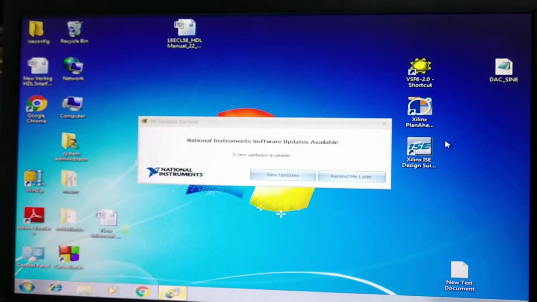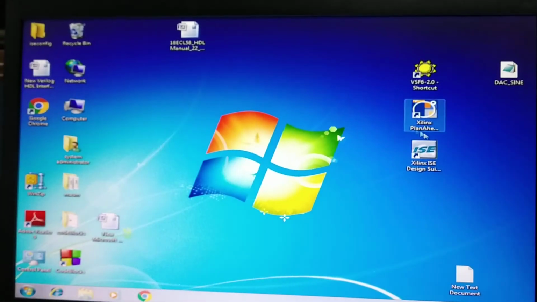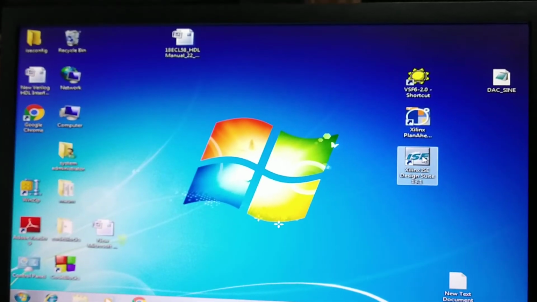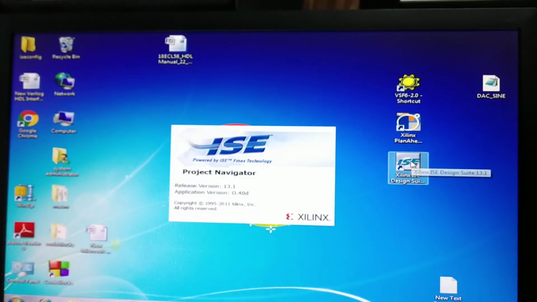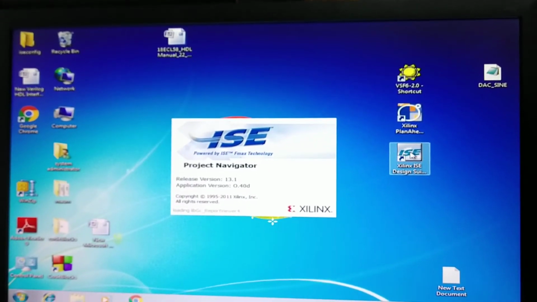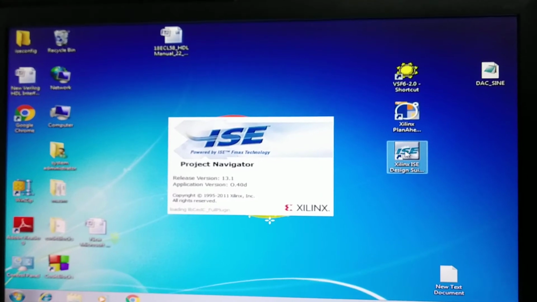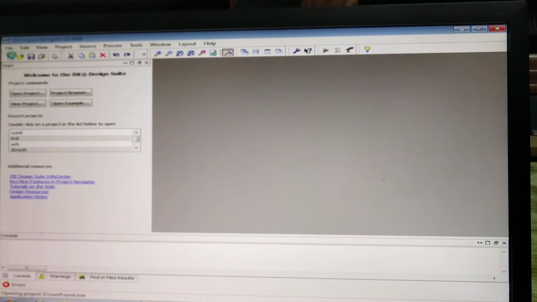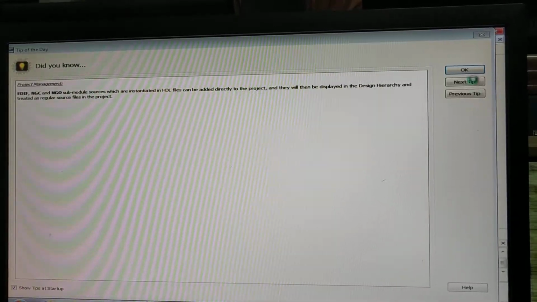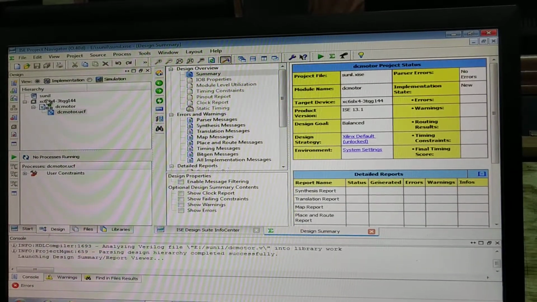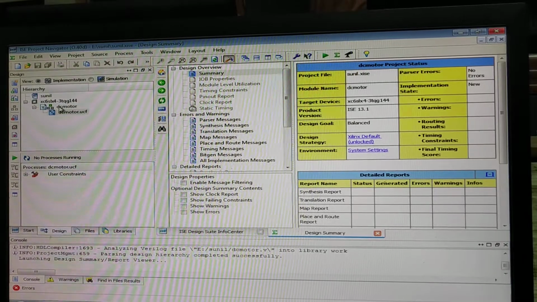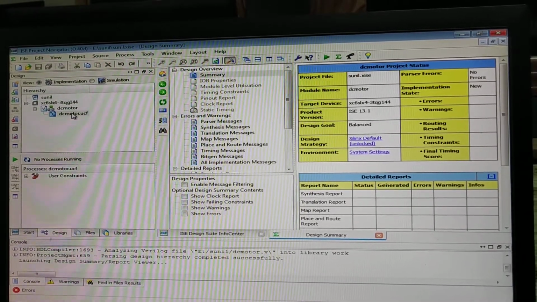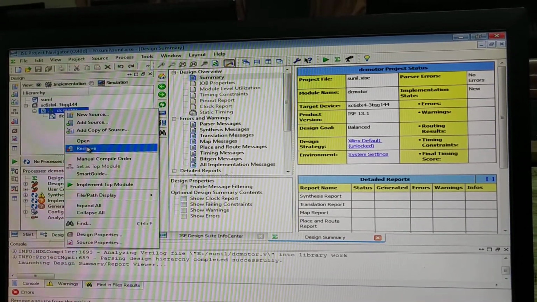Okay, let's see the demonstration of the sine wave. So this window has to be closed. There is already a DC motor program here. I'm in the same project name, so I'll remove this.